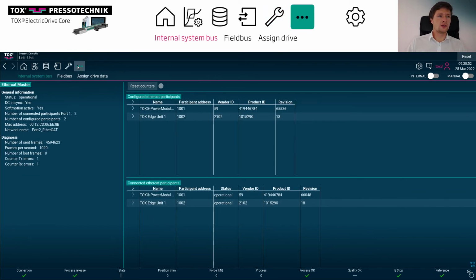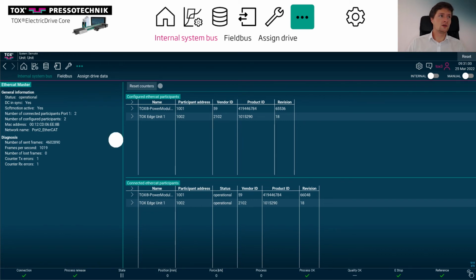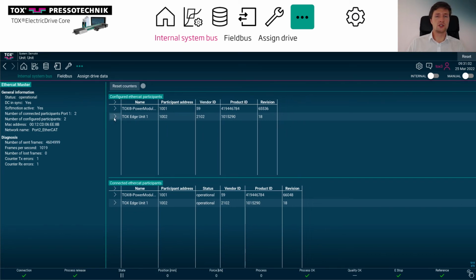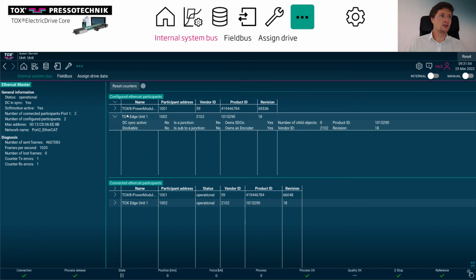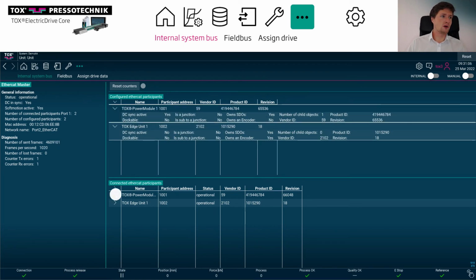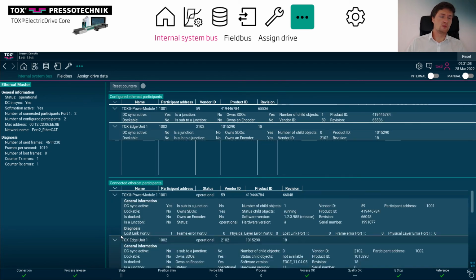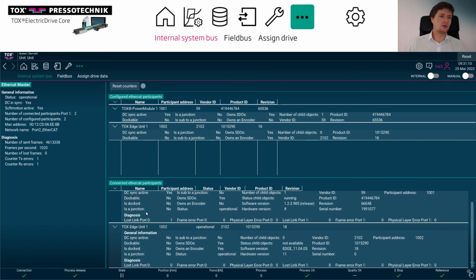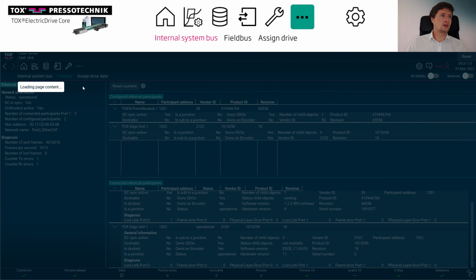On the other 3 dots, you can find the internal system bus, where you can find detailed information about your EtherCAT system bus. That's really an internal communication between the power module core and the TOX edge unit. So you can pop up some information here, mainly for debugging and information. You can also look at the Fieldbus,